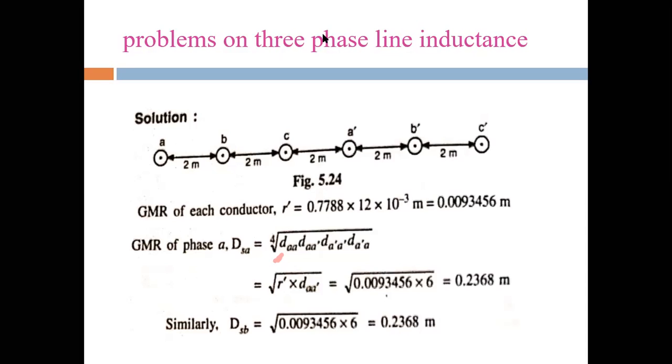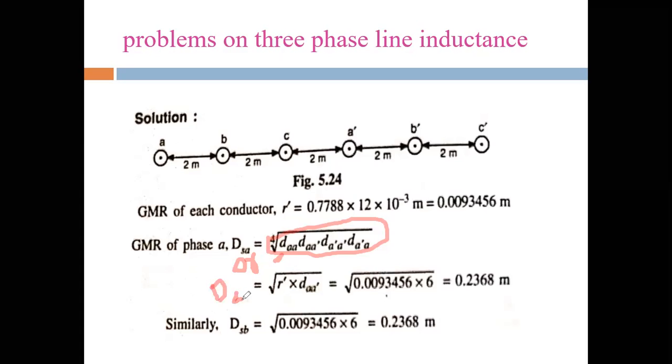The first one is the fourth root of Daa, Daa dash, Da dash a, Da dash a dash. Dsa is equal to the square root of